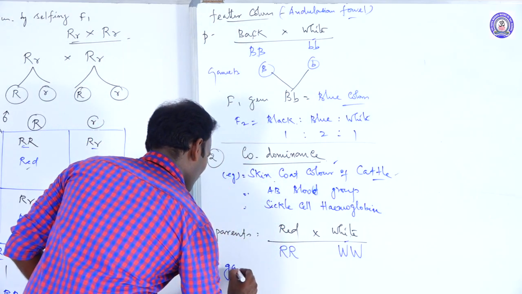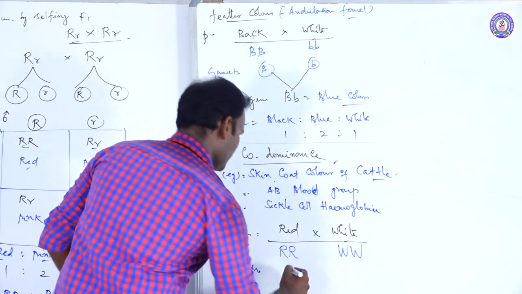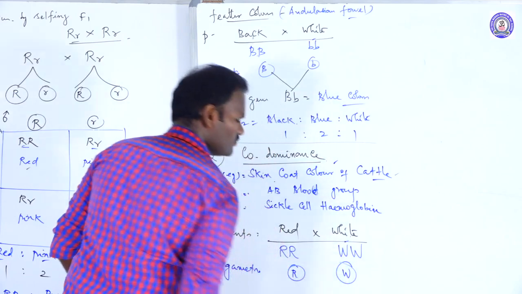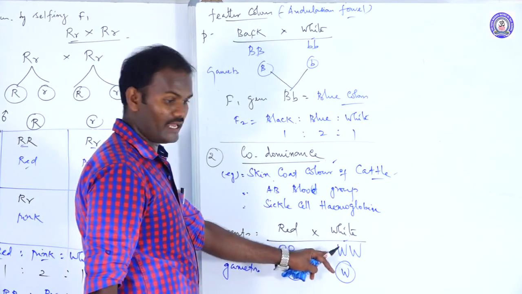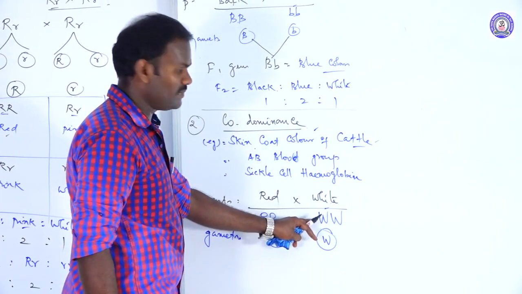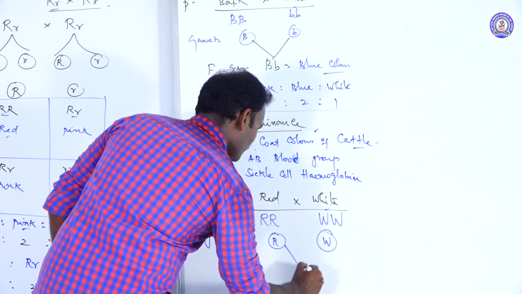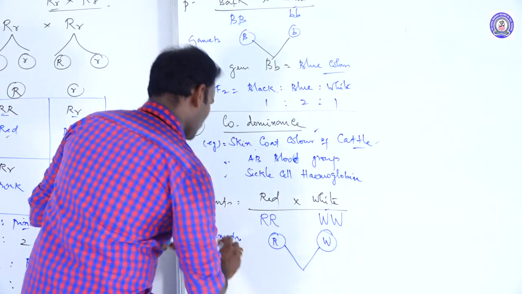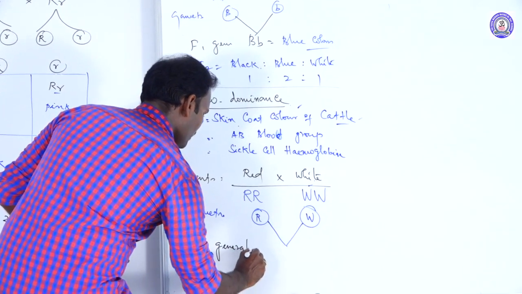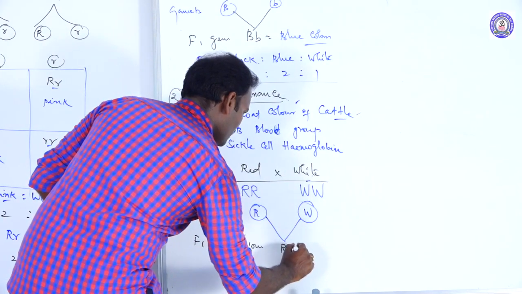So here, at the time of gamete formation, the number of chromosomes is reduced to half. Homozygous: only one capital letter is possible, here capital W. There are no lower cases, only capital letters. The capital letters are dominant characters, capital W, not small w. Both gametes fuse together to form the zygote, producing the F1 generation, I mean the first filial generation, capital R, capital W.